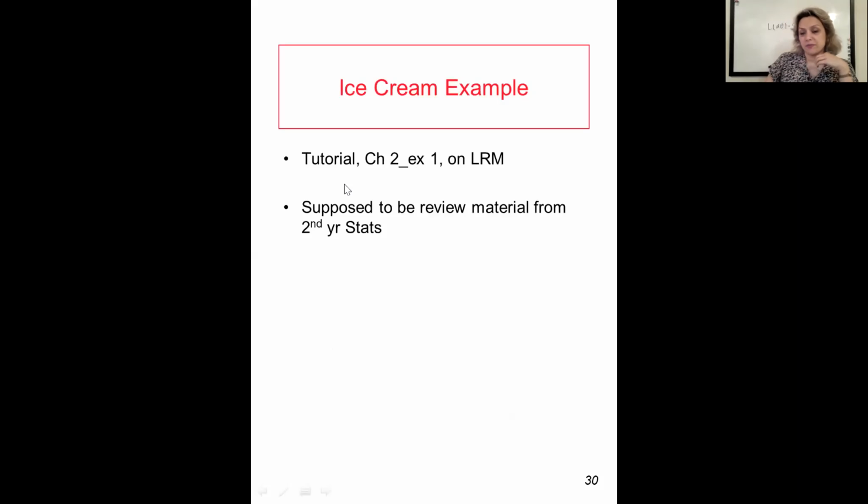So you can look at this practice problem or tutorial. The file name is chapter 2, example 1, on the linear regression model. And please review material from second year, whatever you think you will find useful. Like I said while I was talking in the chapter, which part of the